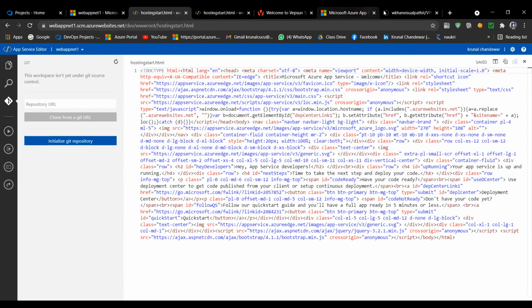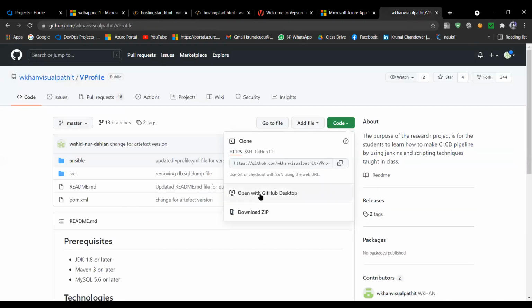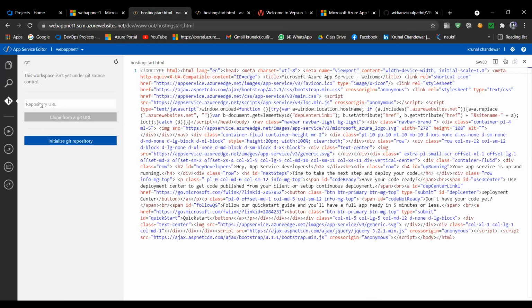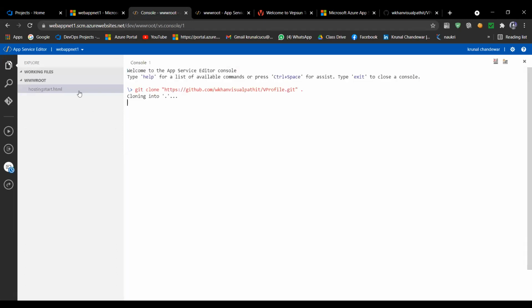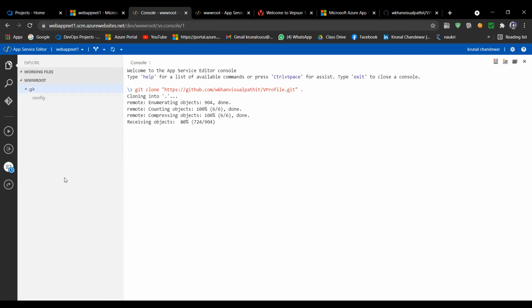This is nothing but one project, and I copied the URL of this project, and now I am pasting it here. I say clone from Git, meaning make a clone of that code in my web app. See, now it is making a clone. Every page is being added here: cloning, resolving. See, it is processing, and I am getting all this code here.